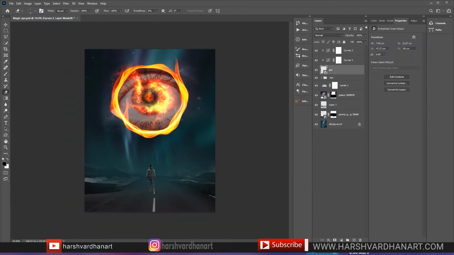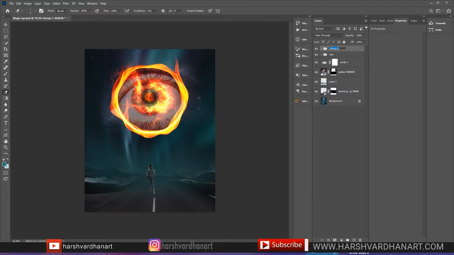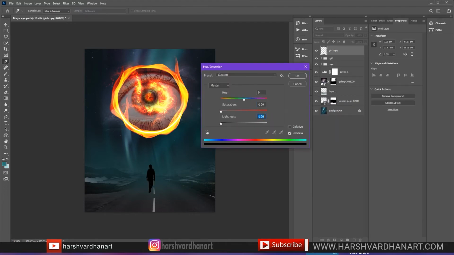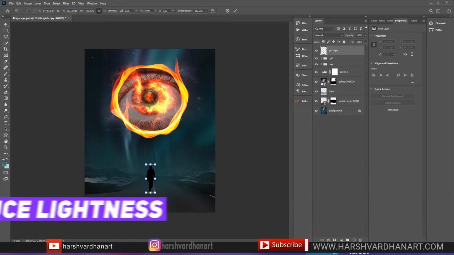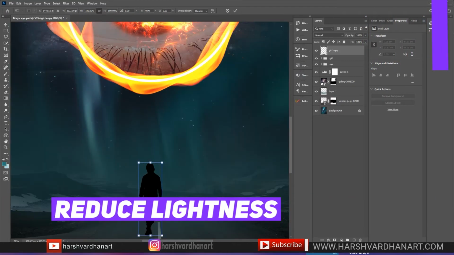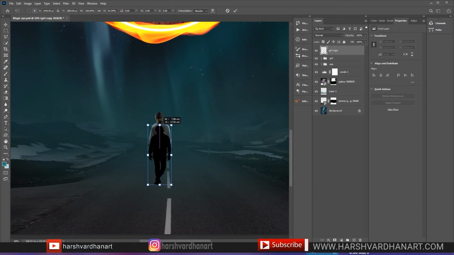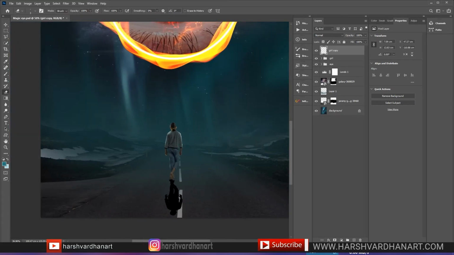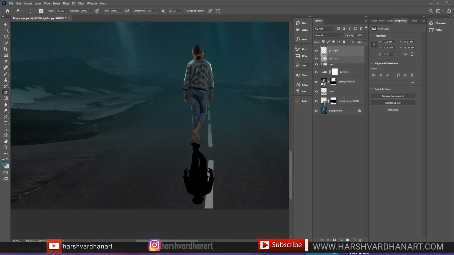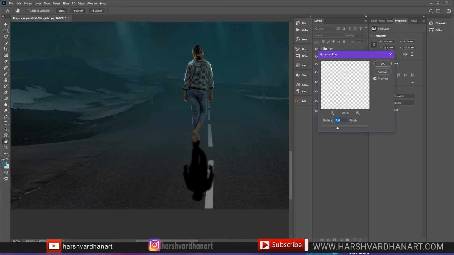Then in order to create the shadows, I duplicated the model image and then I just used the hue and saturation adjustment layer and reduced the saturation and the brightness to the minus side to make it completely dark, and then I used the transform tool to drop the shadows on the road and to create it something like that, and just brought it underneath the model image, and then I blurred out the shadows with the help of Gaussian blur.